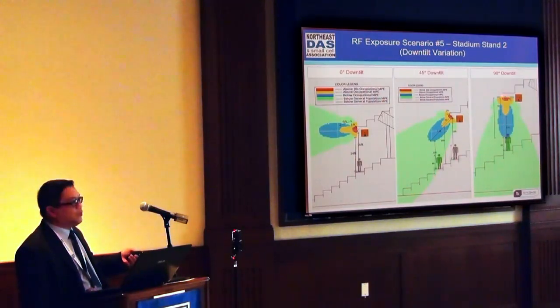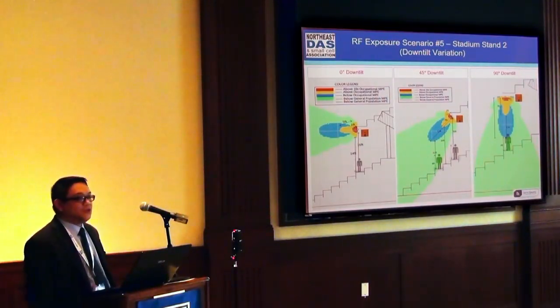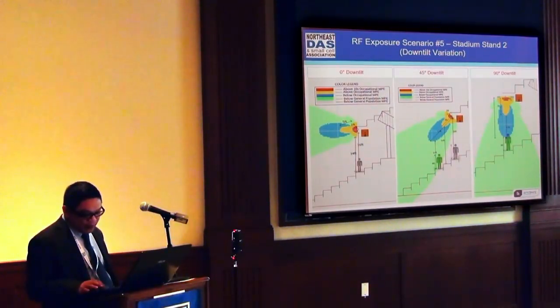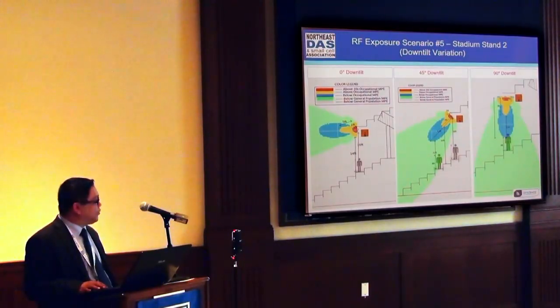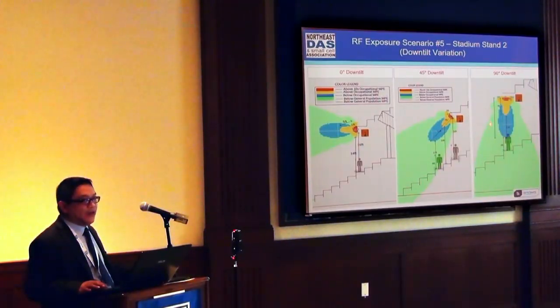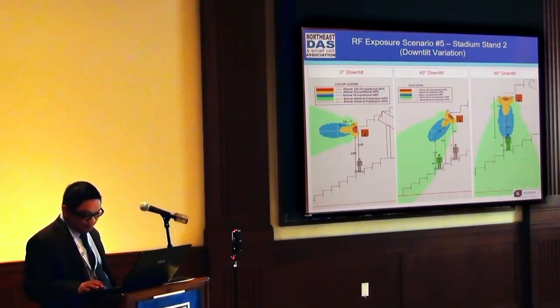This scenario is typical when they're doing what they call CRAN deployments or remote radio head deployments, where all the carriers would have their own remotes per band. And again, as I've said, we've seen that in the past, and we have to recommend some changes to their configuration. And again, if the antennas are lower, because I've seen some stadiums with lower heights, this can pose an even greater problem than what I have depicted over here.